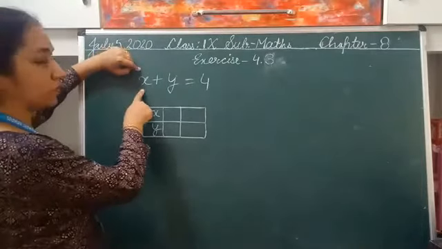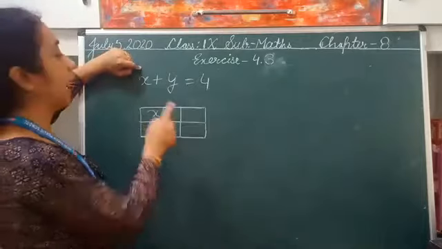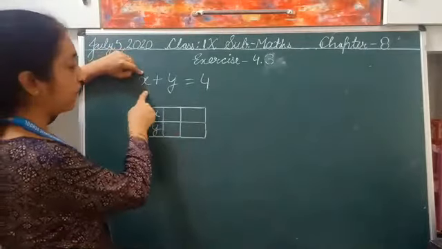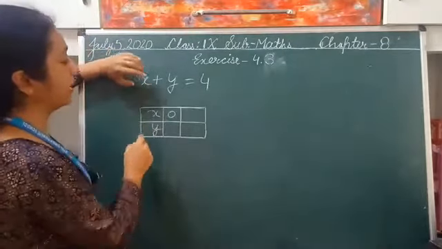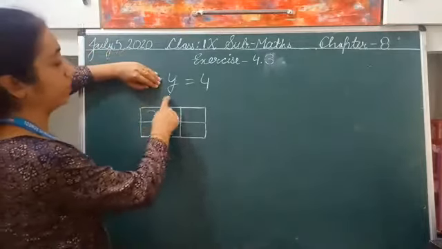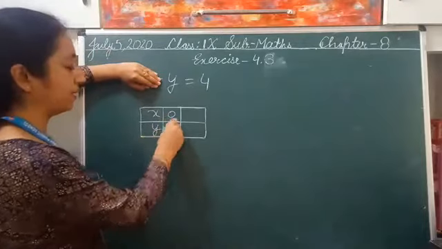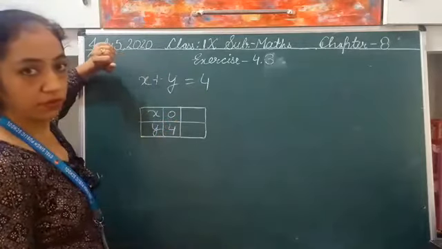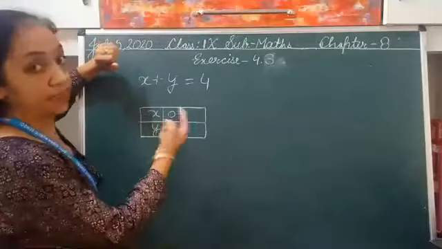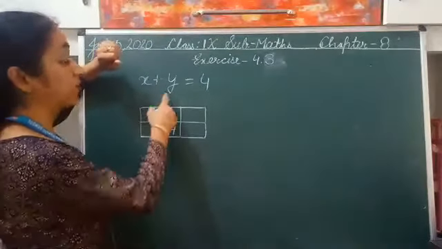अगर आप यहाँ पे x को अपनी मर्जी से कुछ भी assume कर लीजिए, I am taking x is equal to 0. If I take x is equal to 0, what will I get? 0 है तो हट गया. What will I get? Y is equal to 4. So if x is 0, I'll get y is equal to 4, right? And I need another value also. Then I assume y is equal to 0.